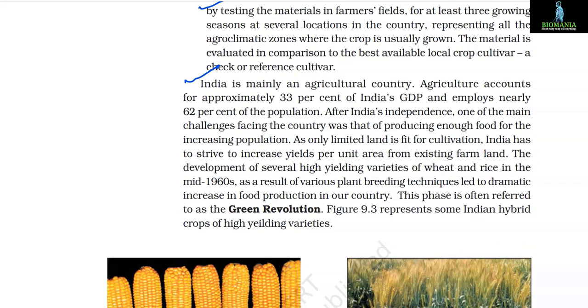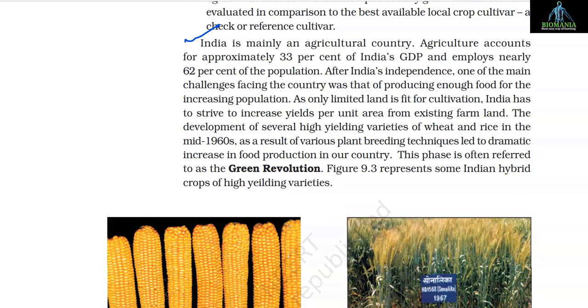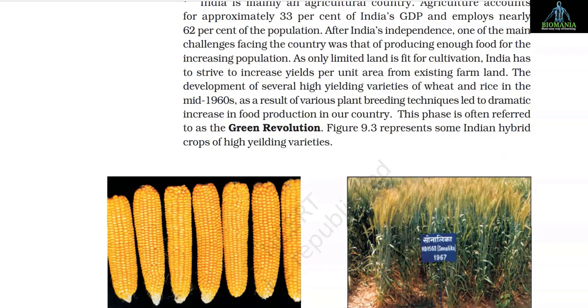India is mainly an agriculture country. Agriculture accounts for approximately 33% of India's GDP and employs nearly 62% of the population. After India's independence, one of the main challenges facing the country was producing enough food for the increasing population. As only limited land is fit for cultivation, India has to strive to increase yields per unit area from